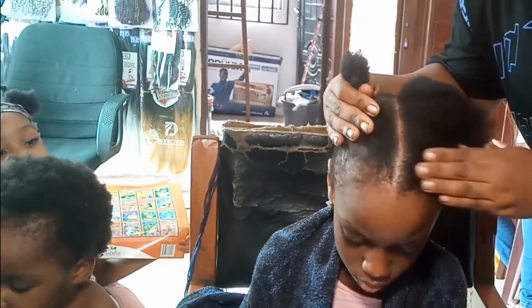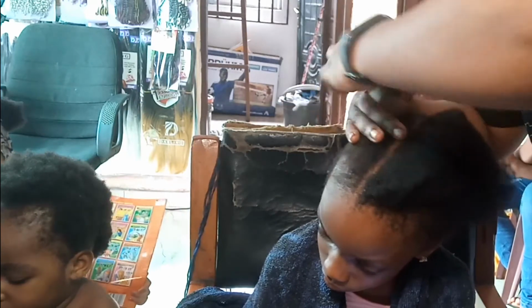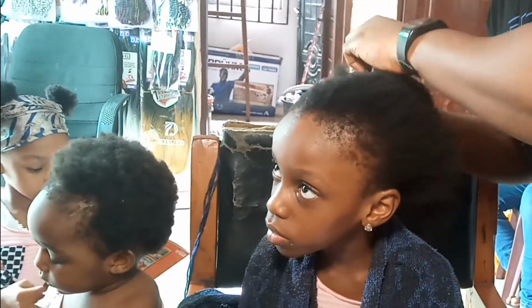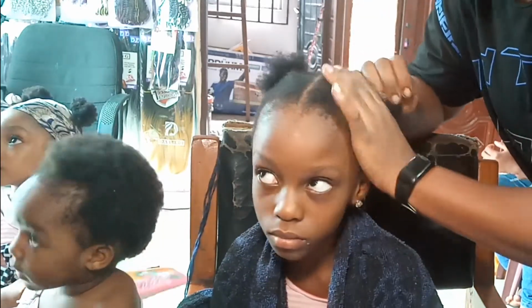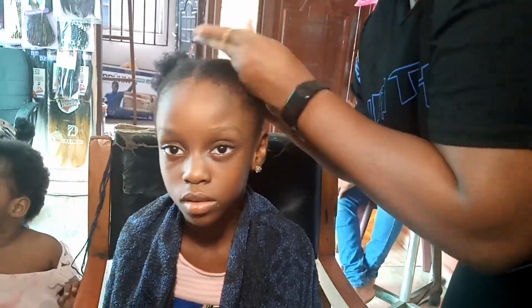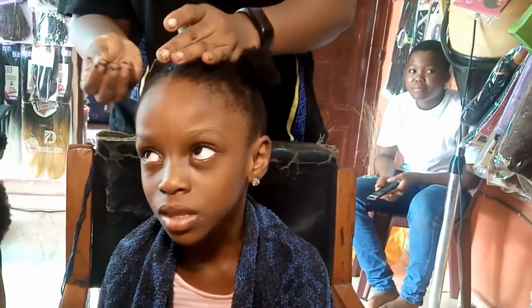And then I used a band to pack the ponytail tightly but not uncomfortably. You get what I mean? If you don't make it tight, it goes hard. So I got it as tight as I could without making her uncomfortable, and then I went in with